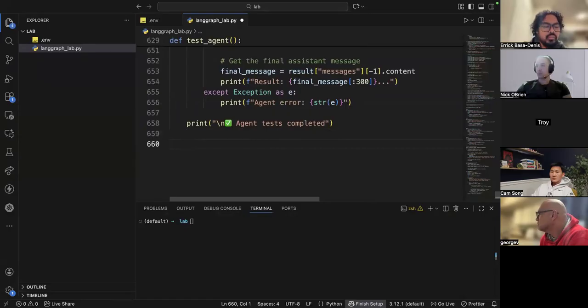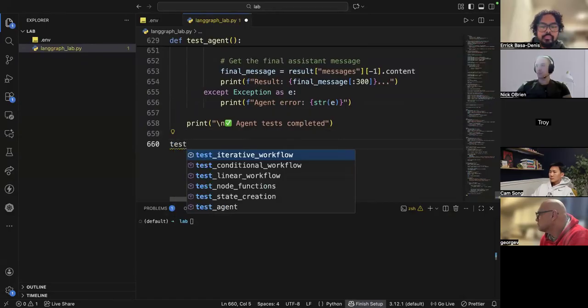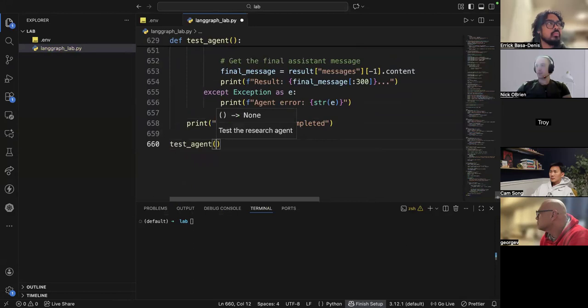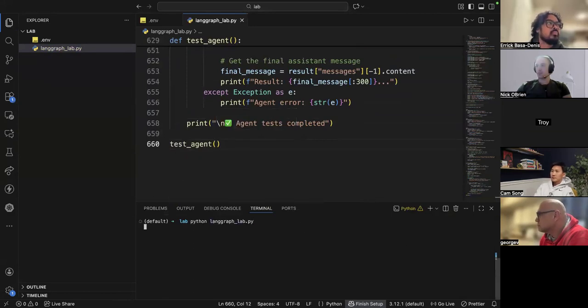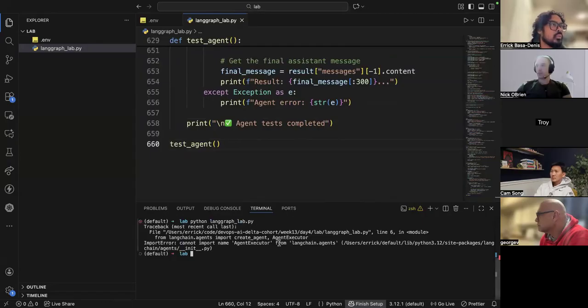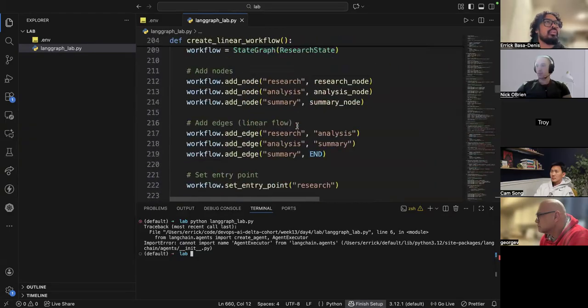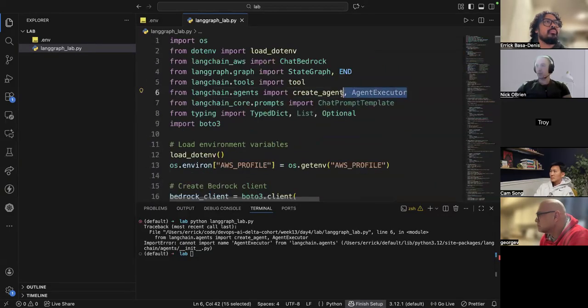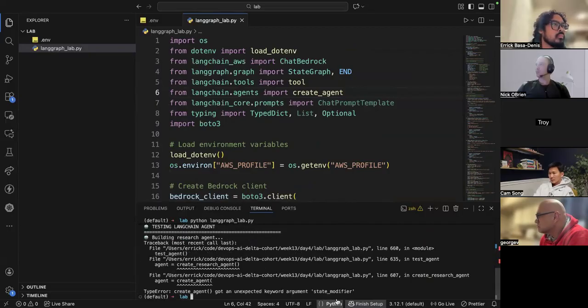All right, let's test the agent real quick. See what we get back. Kind of important. All right, we're just gonna have to get rid of that agent executor. The agent got